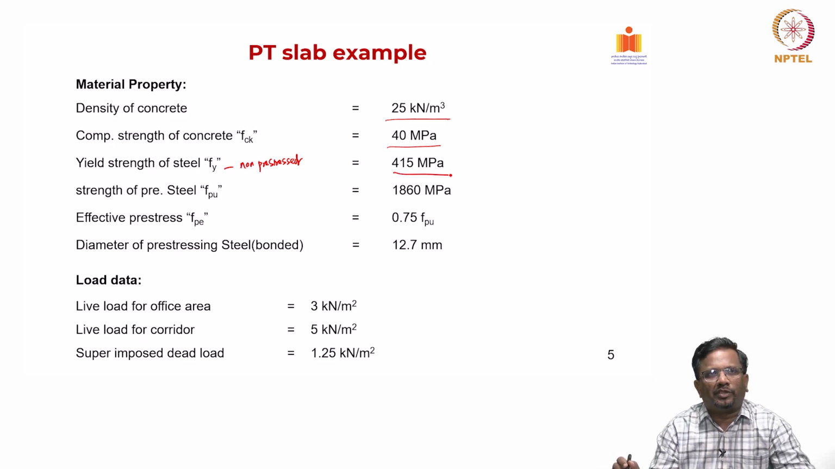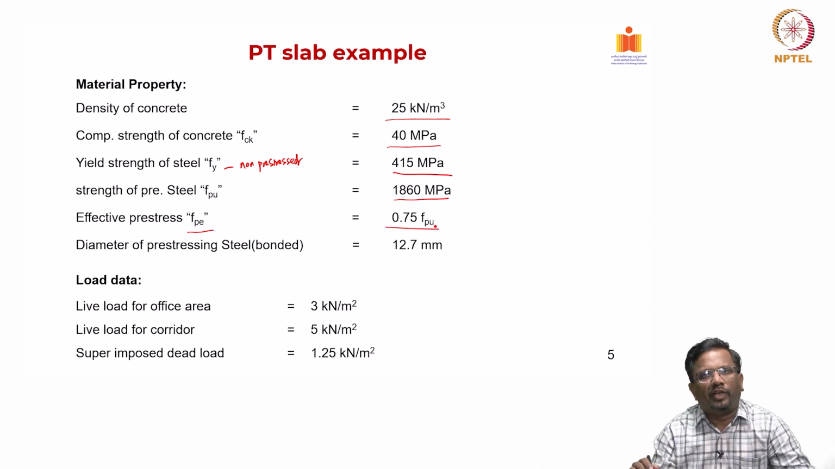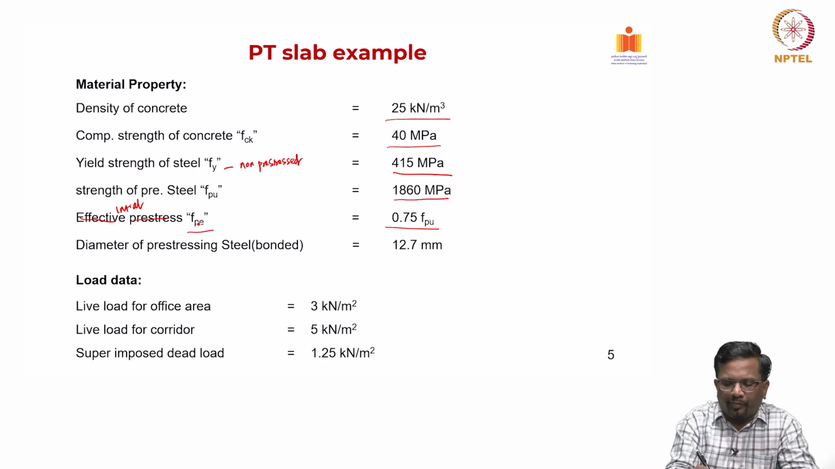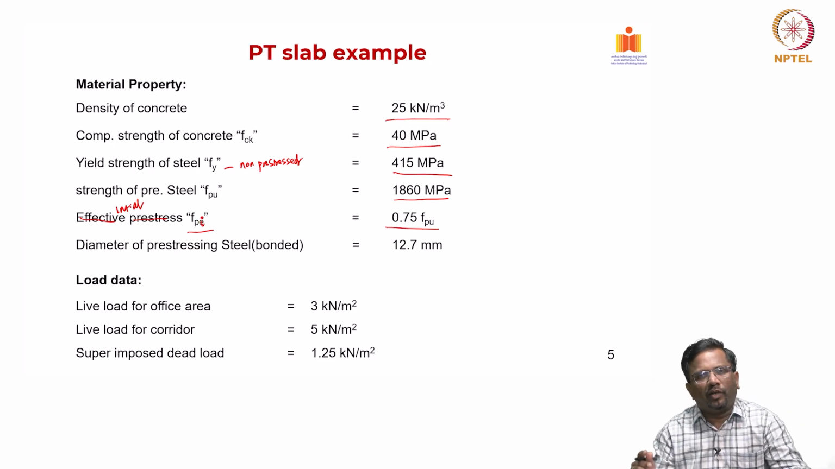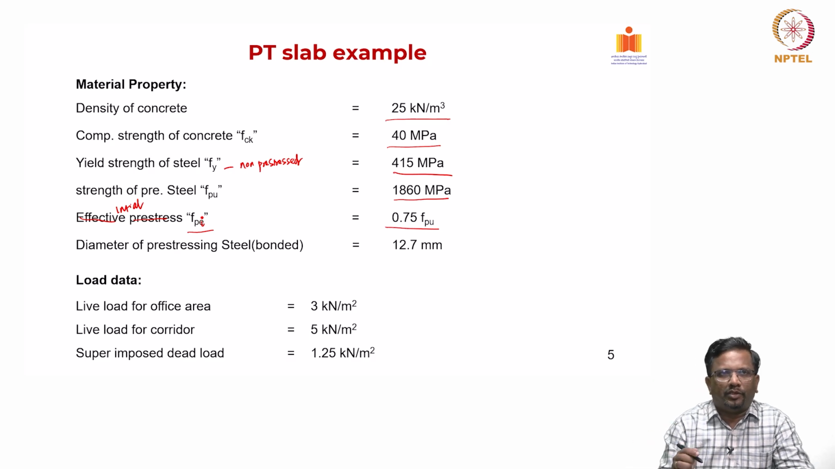And for the grade of the pre-stressing steel, as usual we are taking 1860 megapascal, and the pre-stress we are stressing to is about 75% of its ultimate strength. I should say this is the initial pre-stress, f_pi, and the effective pre-stress will be the pre-stress after accounting for the losses. The diameter of the pre-stressing steel is taken as half inch strand,